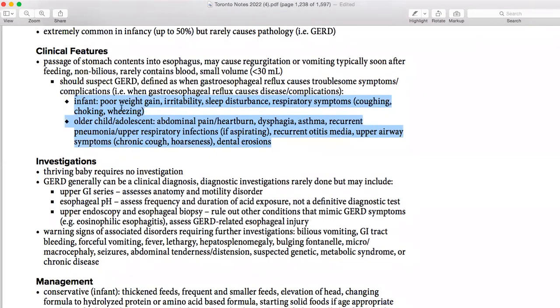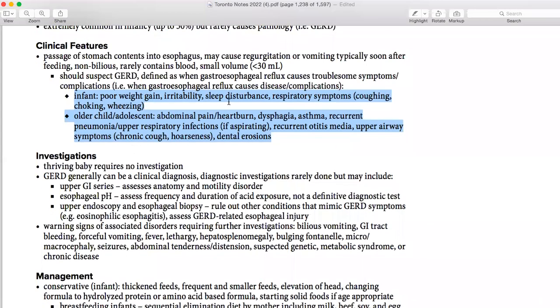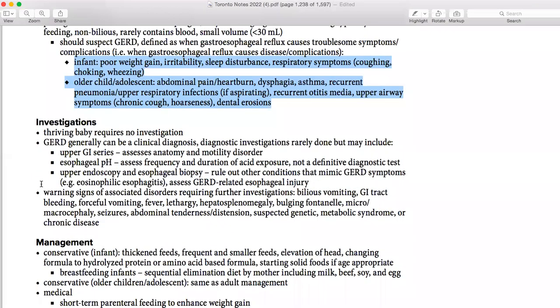If they ask you that the baby is presenting with GERD, what would be the 3 complications you want to rule out? So you need to know at least what are the first 3 complications that I want to rule out. Maybe having sleep disturbance, having respiratory issues like wheezing and stuff like that. So you cannot miss out those ones. So you need to know what are the complications, but what are the first 3 complications that if somebody is coming to me, I want to rule out. Okay. Then comes the investigation.